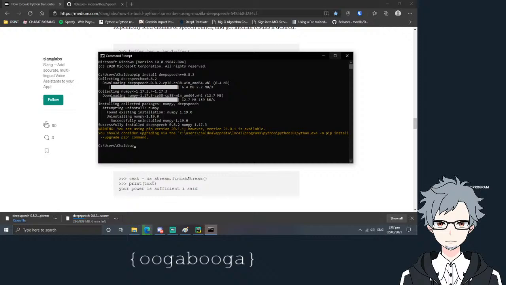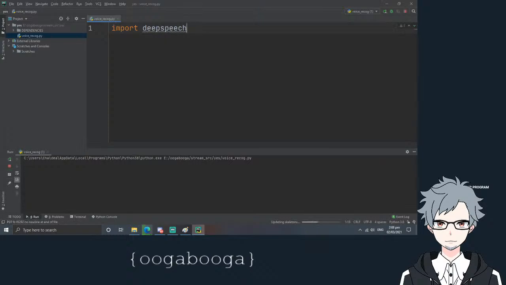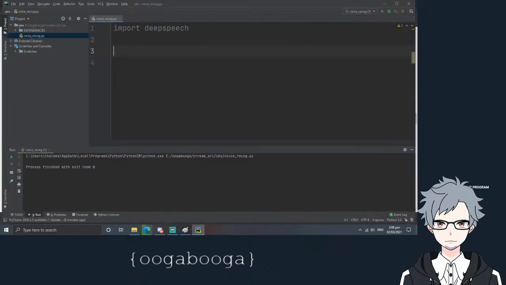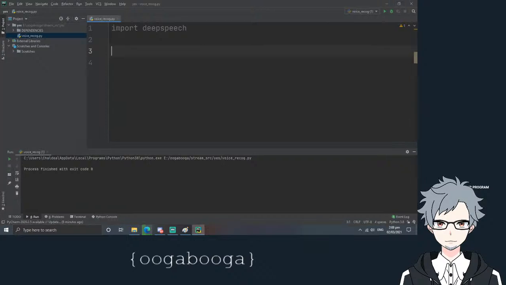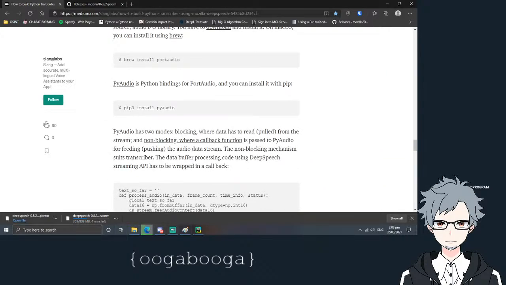Every time you install, I'll check that it's running. So, you could import deep speech. As you can see, there's no errors here. Okay then. Voice, here we go. Deep speech. Let's copy this real quick. Oh yeah, I need to